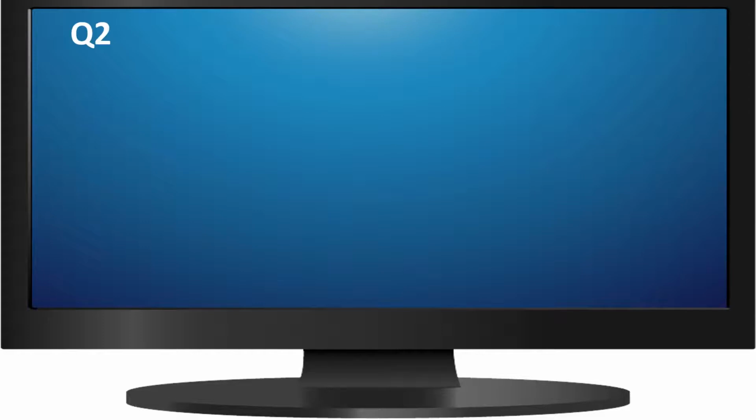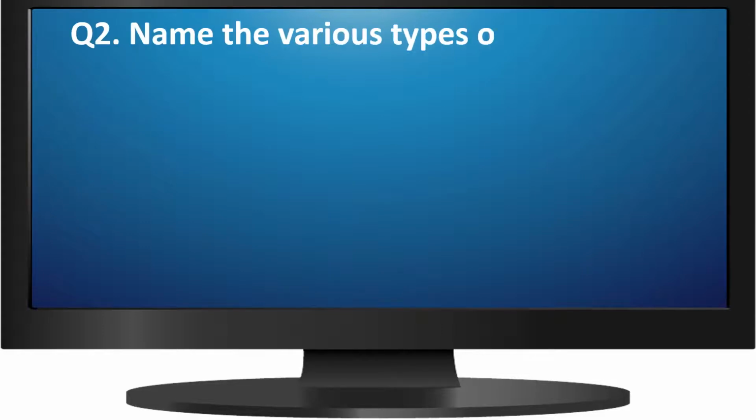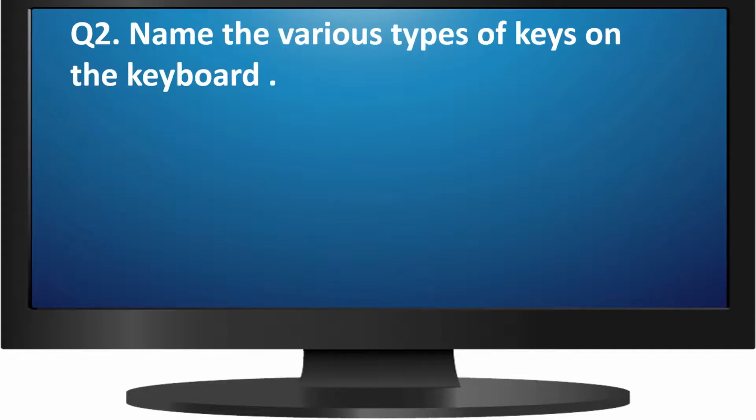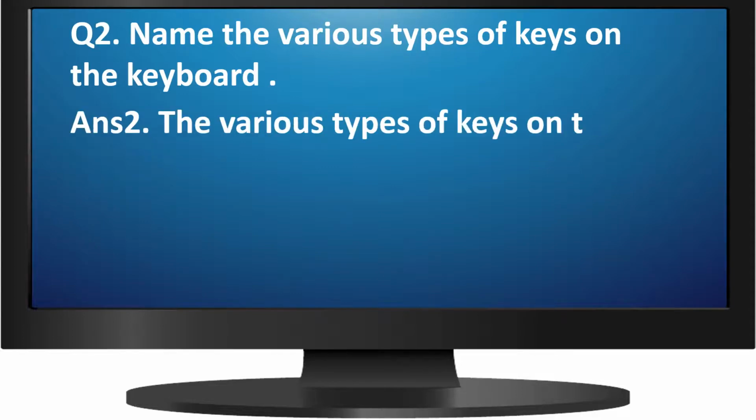Question number 2 is, name the various types of keys on the keyboard. You have to tell the names of the different types of keys on the keyboard. Answer is, the names of the different types of keys on the keyboard are: